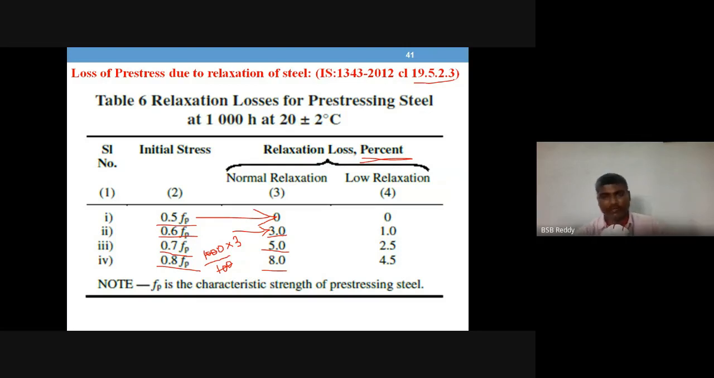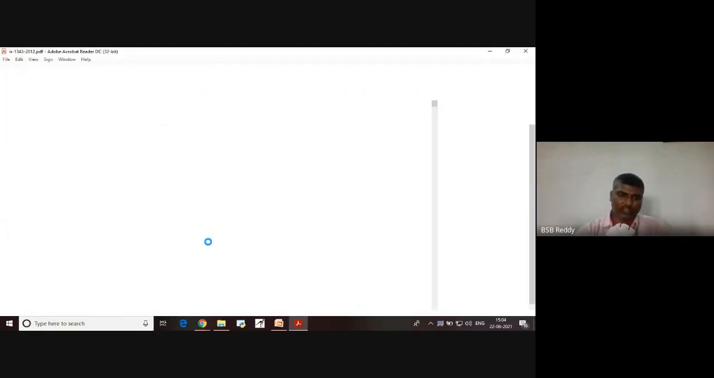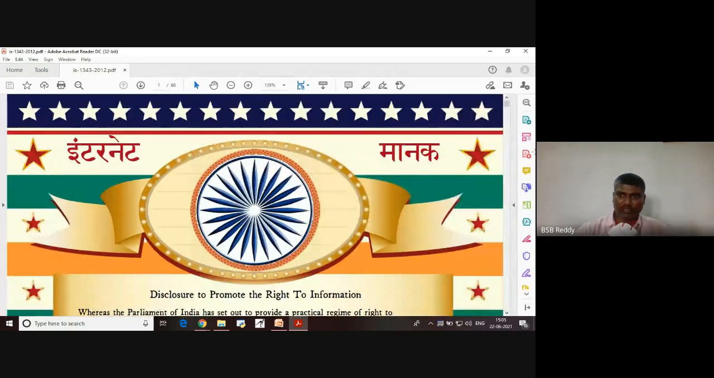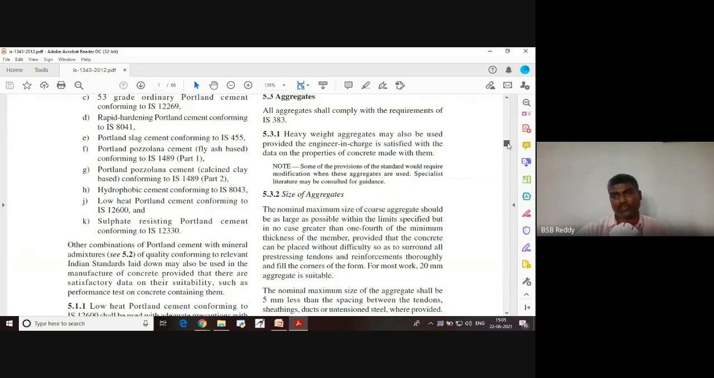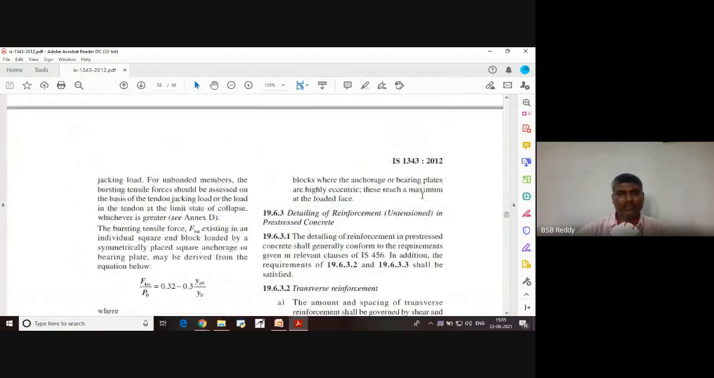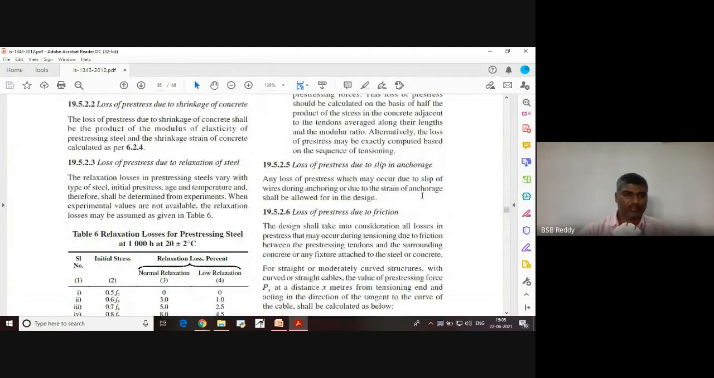Remember this clause 19.5.2.3. Okay, I'll show you that also. Open your IS code. Just to feel comfortable whether it is available in the IS code or not. So just to make you feel comfortable with reading the IS code. So go for clause 19. Right. So we are in clause